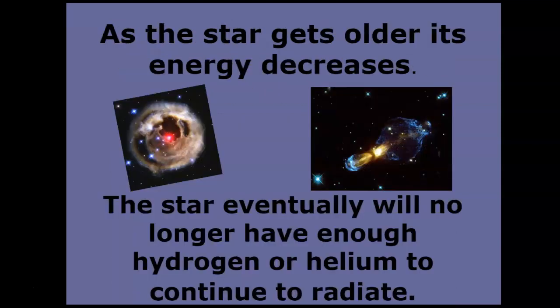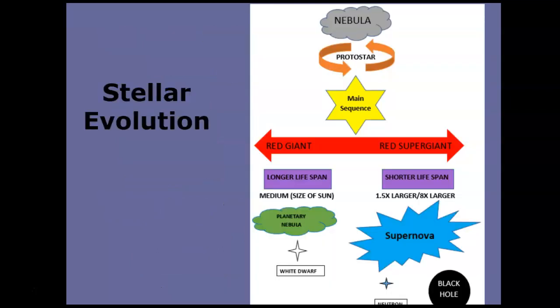As stars age, the amount of energy that they're generating starts to decrease. At some point, there will no longer be enough hydrogen or helium to go through the process of nuclear fusion and generate energy, so the star will no longer continue to radiate or give off that energy. So if we look at the entire life cycle,